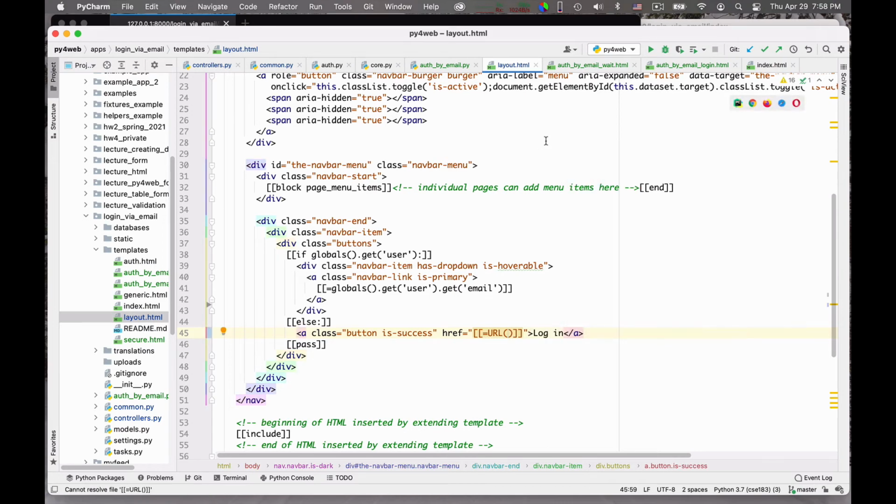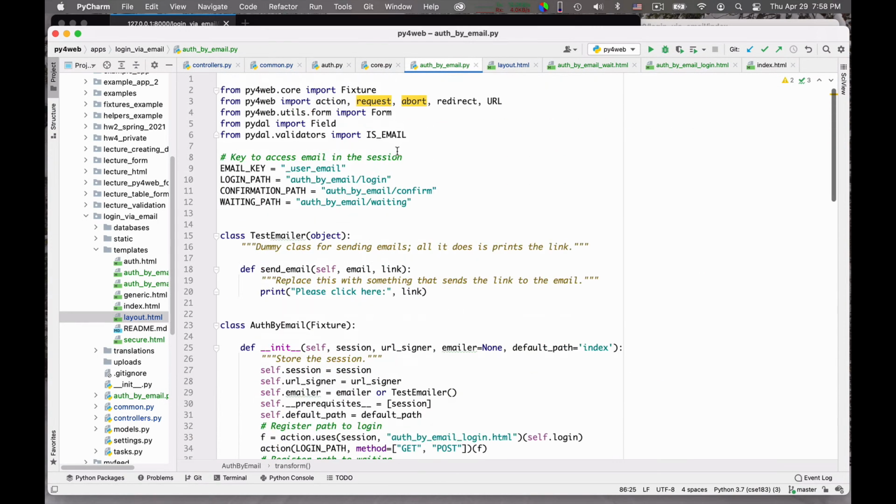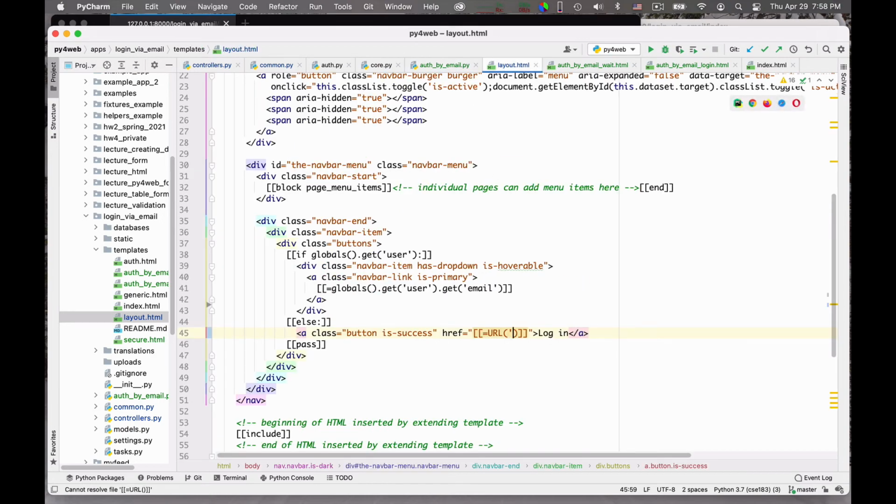So I will just copy the URL of authbyemail.py for the login, okay? So the login URL, I defined it to be this one, okay? So I just copy it there. It's horrible now, it was horrible before, no big scandal, okay? So this fixes the login logic, I believe.